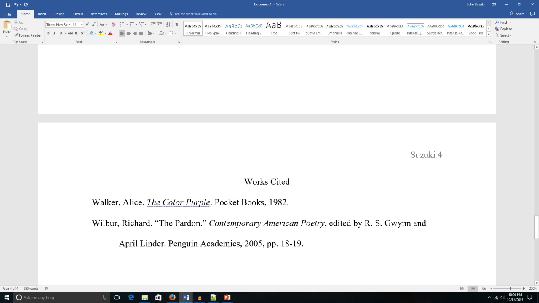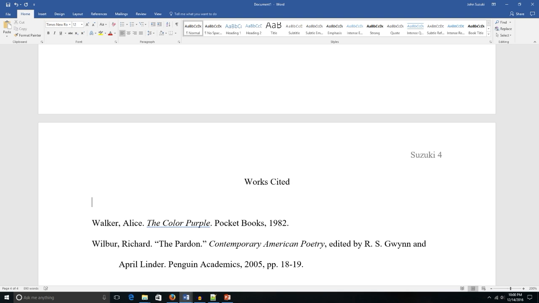Now my next entry is a newspaper article, and this is going to be from Angela Fritz. Because her last name is Fritz, we're going to go before Walker, and we'll enter Walker down. And then we'll start typing this name, so Fritz, F-R-I-T-Z, comma, Angela, period, space. And because it's a newspaper article, we're going to put the title in quotation marks, and the title is